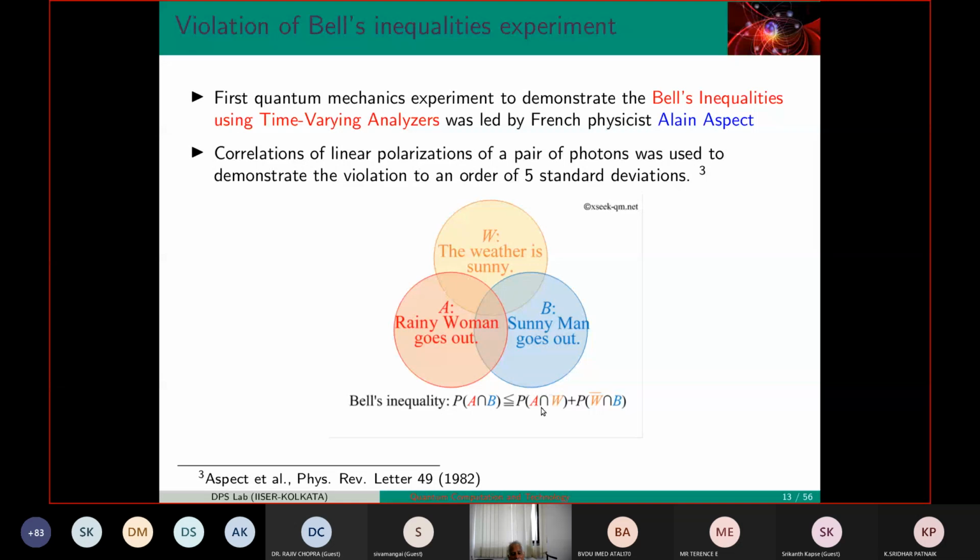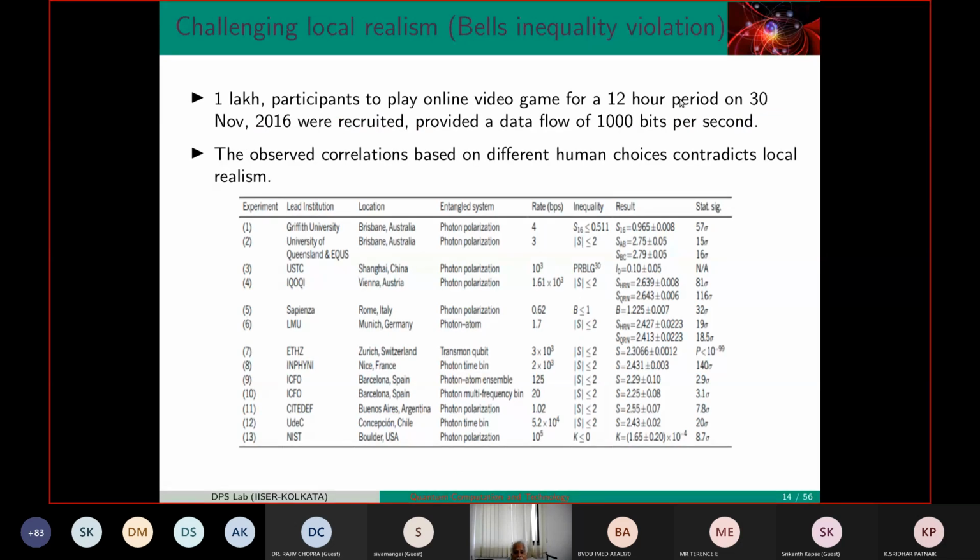Now, any aspect that has shown this kind of rotation is due to logic. In statistics, people use this: A union B, these are the operators, two operators you use, and you can compute. Bell's inequality is actually in the form of an expectation value, that is called probability, of two operators, sigma x, sigma y kind of thing. You take the Bell state, take these two operators, multiply them, find out the average. This is the quantity. So mathematically not very difficult, but understanding is very difficult. Now you can see this Bell's inequality has created so much excitement because it is actually a manifestation of quantum correlation at a long scale.